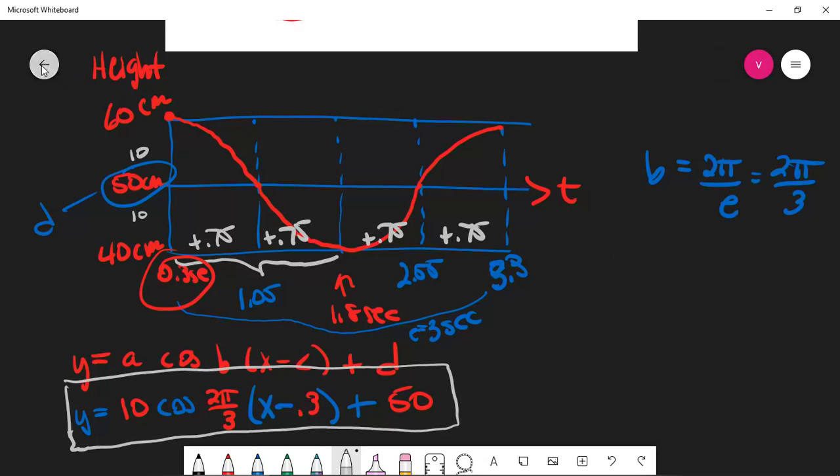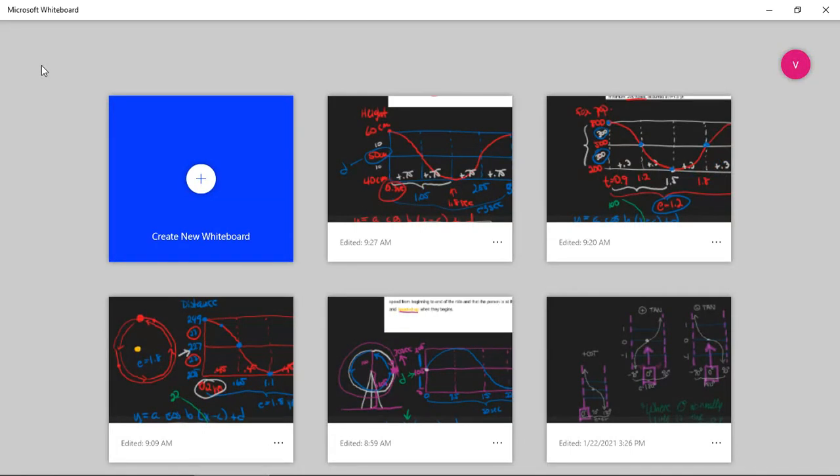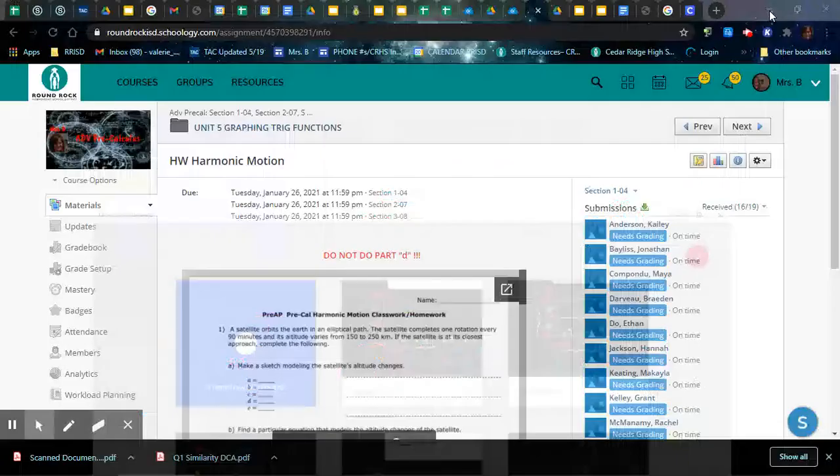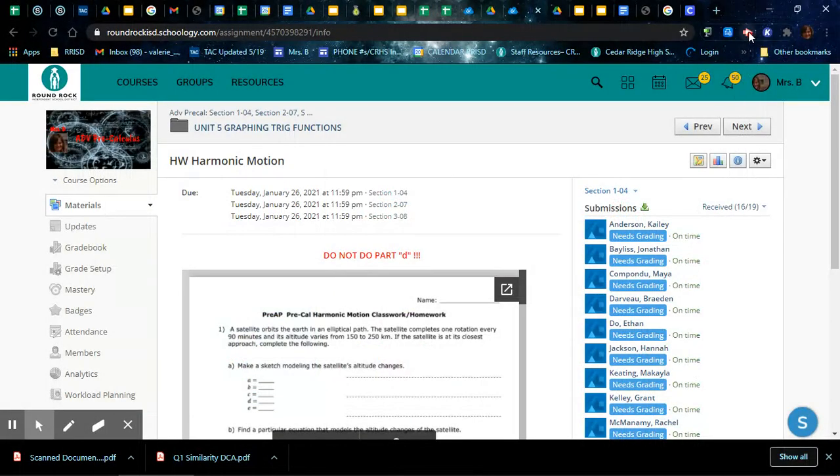All right, let's try one more example here. Or maybe that was it. I believe I've done all of them now. So thank you very much for watching. Again, if you wanted to find the height of the spring at any one time, you would just put that time into the model you just created, the cosine, and you could find out